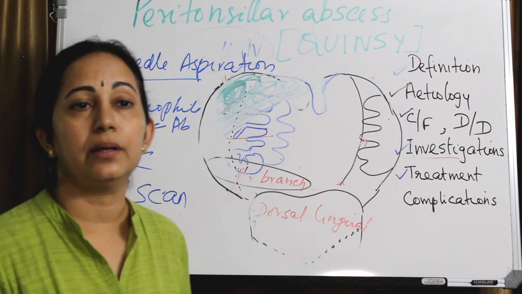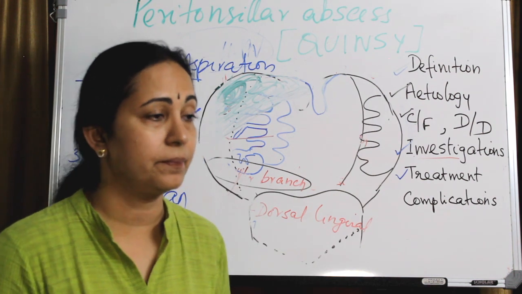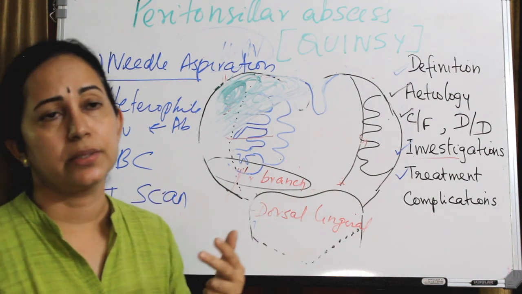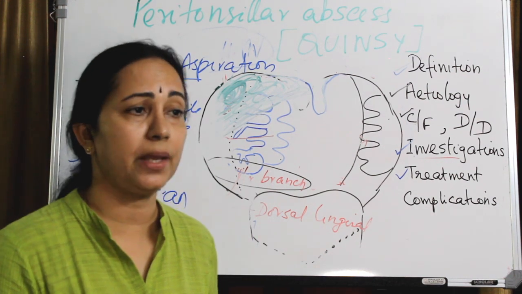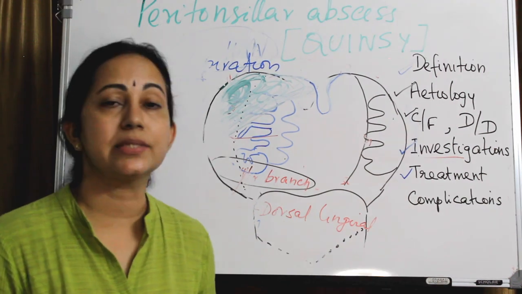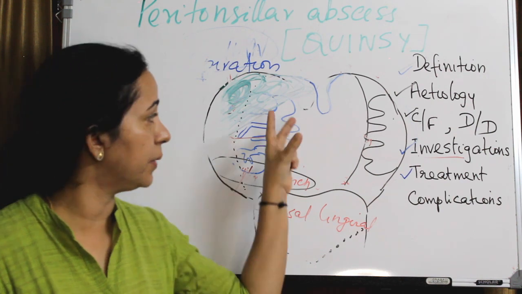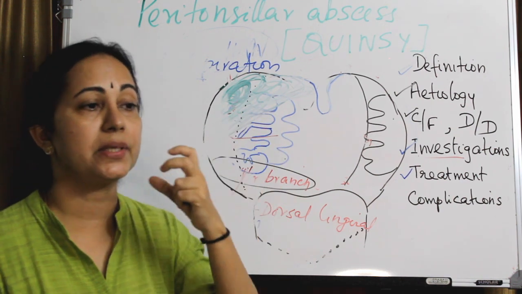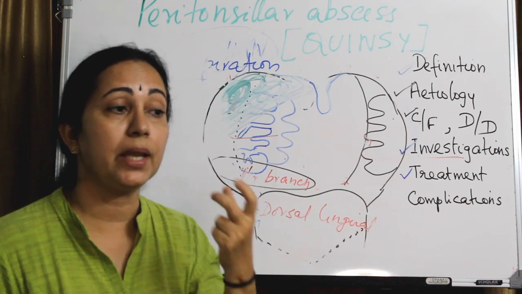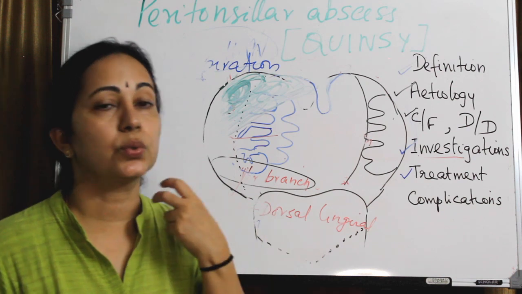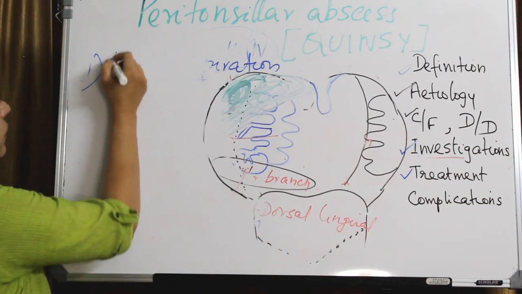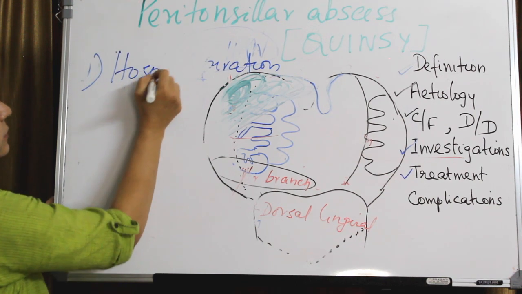And adequate fluid and electrolyte imbalance correction has to be done. And along with that, the supportive measures. If the patient is having pain, give analgesics. If there is fever, give antipyretics. And you can also give a single dose of steroids so that the edema and inflammation will be reduced. And after an incision and drainage, the patient will be able to open the mouth and also take fluids. Okay, so the treatment first is hospitalization,